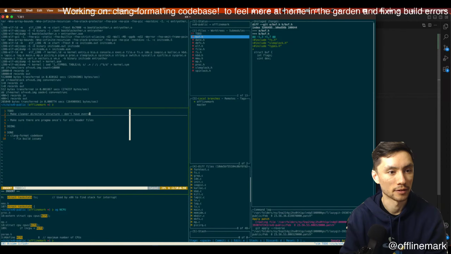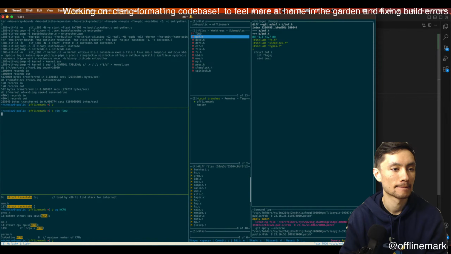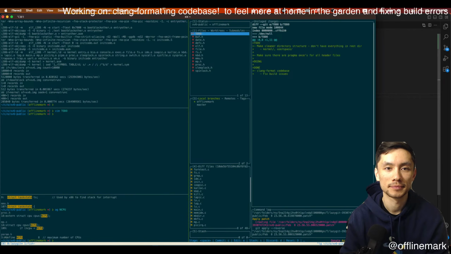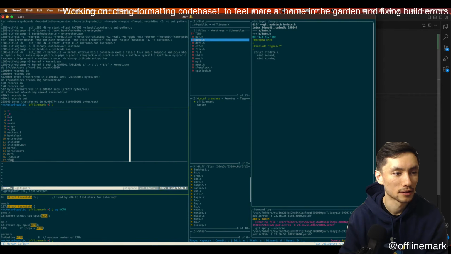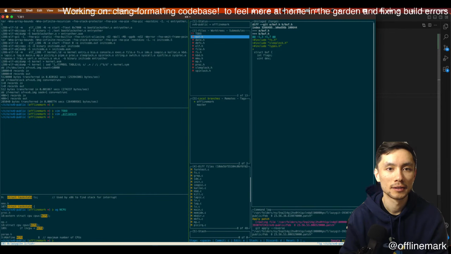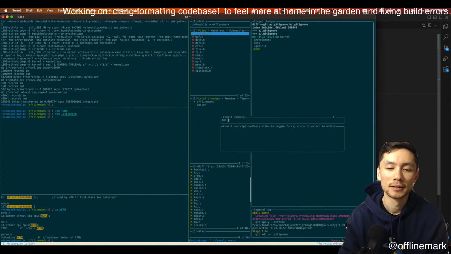Don't have everything in root, maybe kernel, user space, stuff like that. That's a to-do. Yeah, okay, I'll keep that file around. Yep. Git ignore. Add to-do to git ignore.